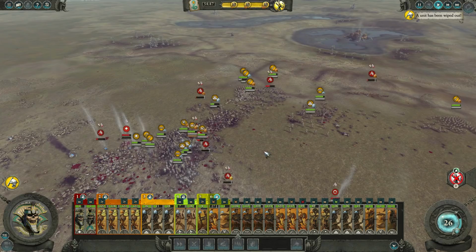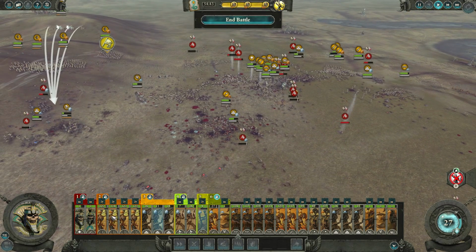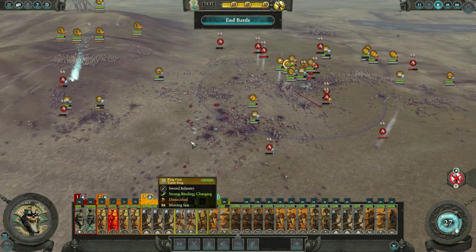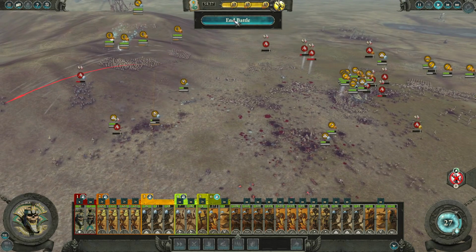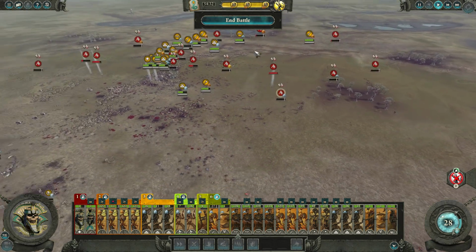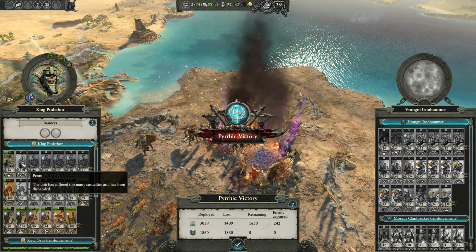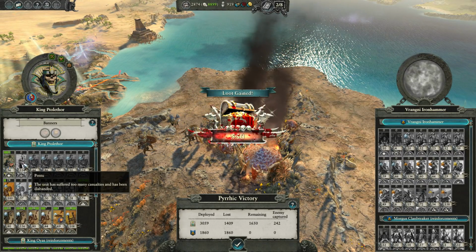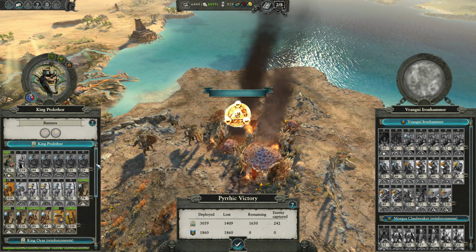I misplayed that. But the victory is ours. Oh, we lost the priest. Son of a... Well, alright. Just happens sometimes. You lose track. Alright, let's get out of here. I alone shall restore... we lost my 154 kills and then he dies just like that. Well...